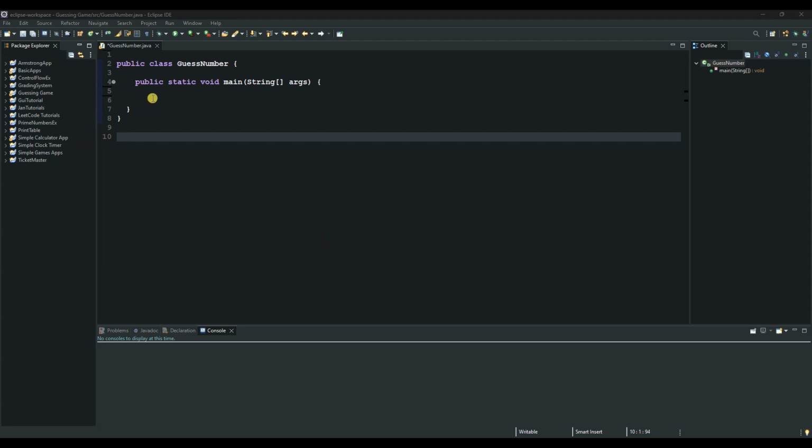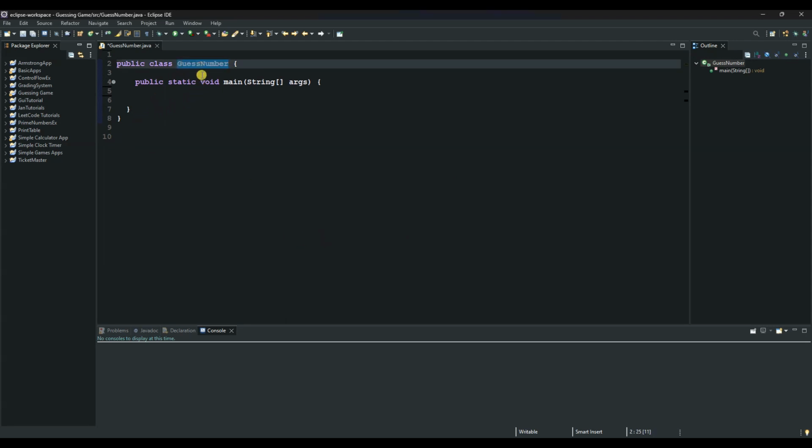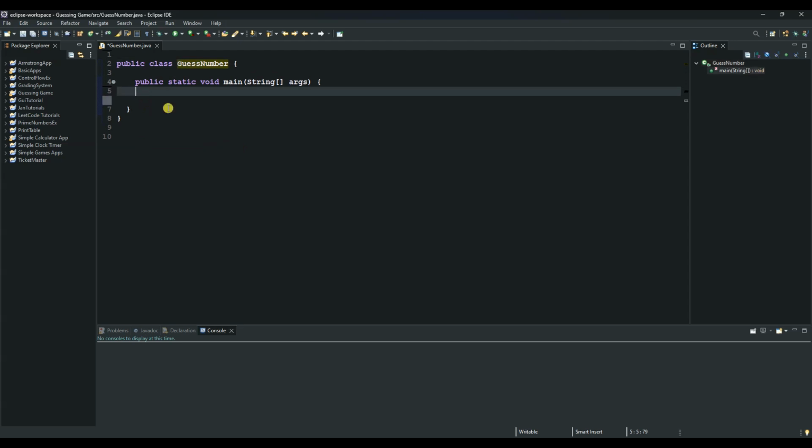So let's start. As you can see, we already have our class, and I called it GuessNumber, and we also have our main method here. So now let's start by creating a variable of type int that will store our secret. So let's say int and call it secret, and then equals to